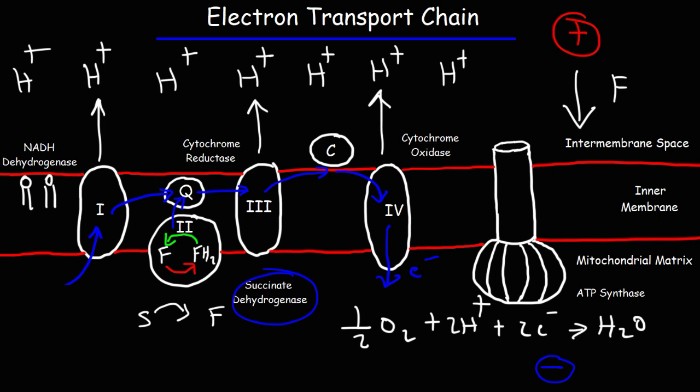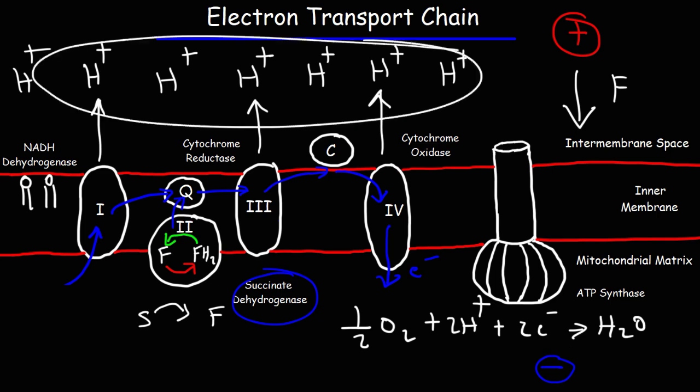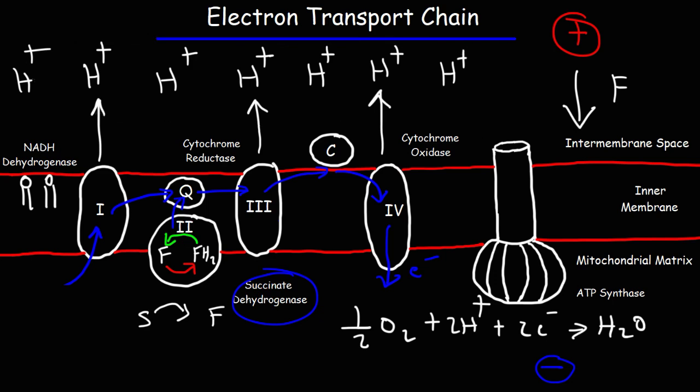The second thing is a concentration gradient. You have a large concentration of protons in the intermembrane space. So the electric force combined with this concentration gradient will cause these protons to enter this enzyme, ATP synthase,